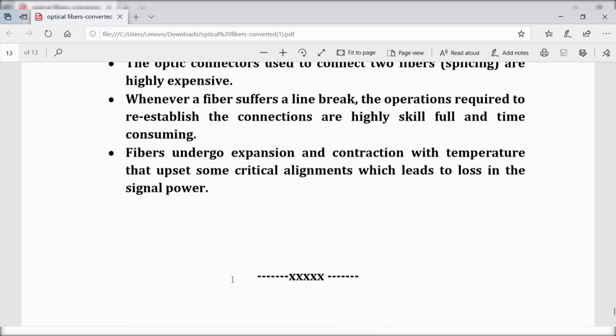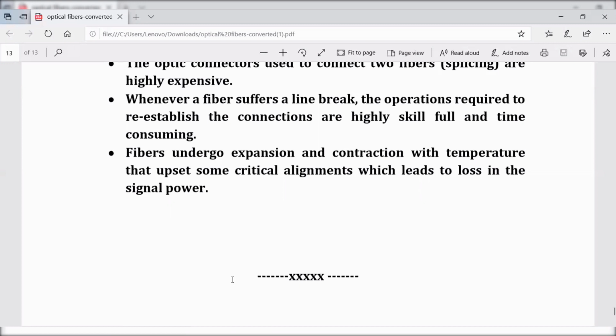So this is what, students, we started the optical fibers chapter. We came to know what an optical fiber is, what the principle behind that is, and how the optical fiber is constructed, what the parts of the optical fiber are. Then we came to know how light propagates, the propagating mechanism through an optical fiber. Later, we came to know what numerical aperture is and what the condition for the ray to propagate inside an optical fiber is.